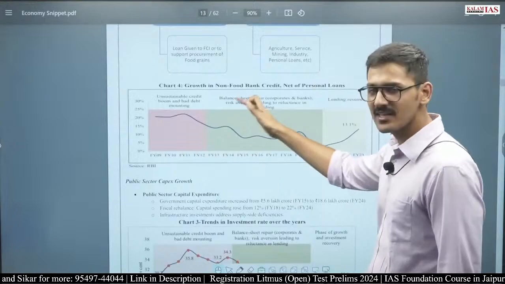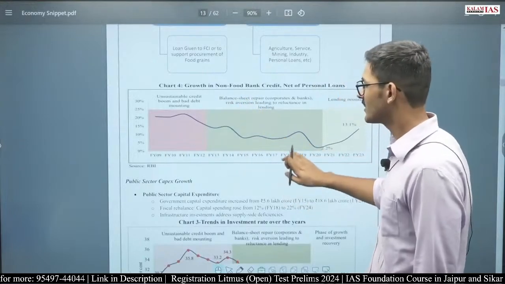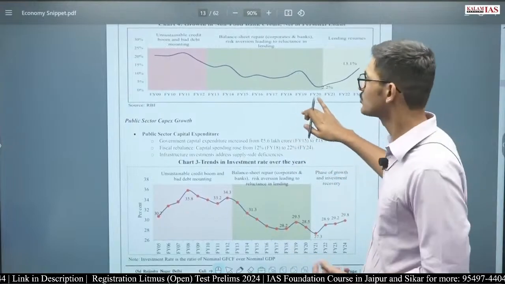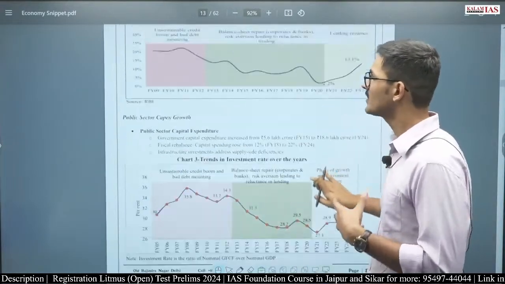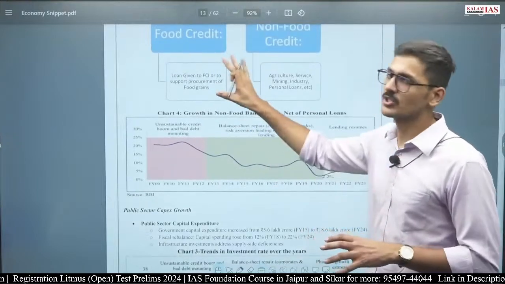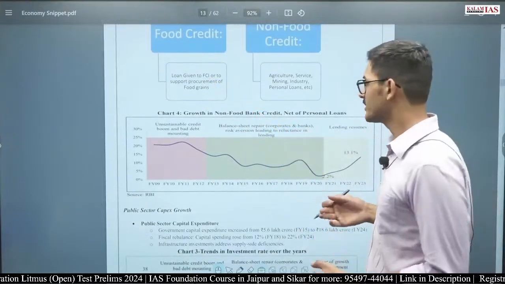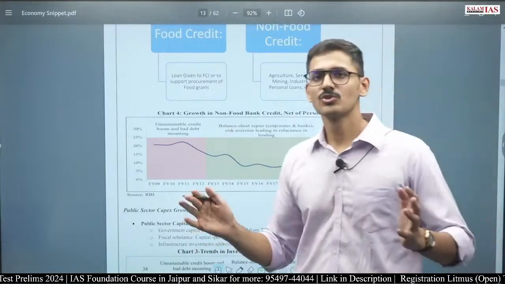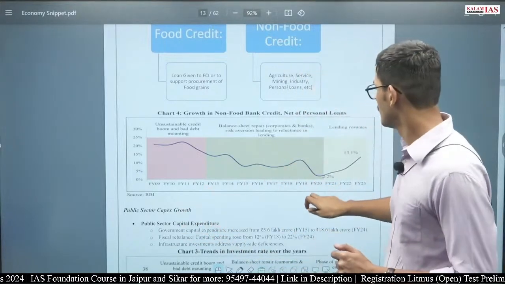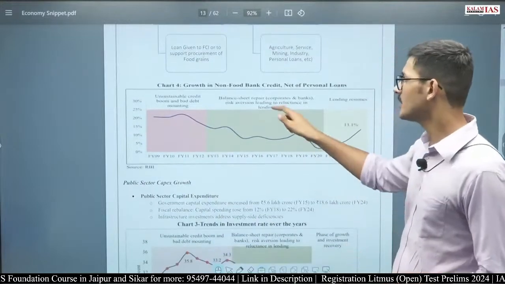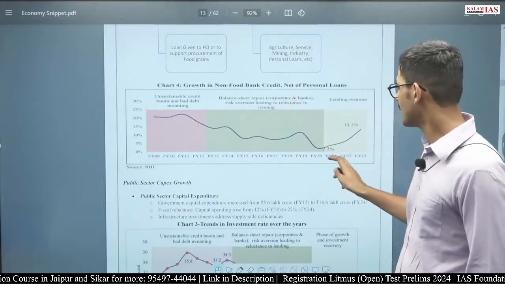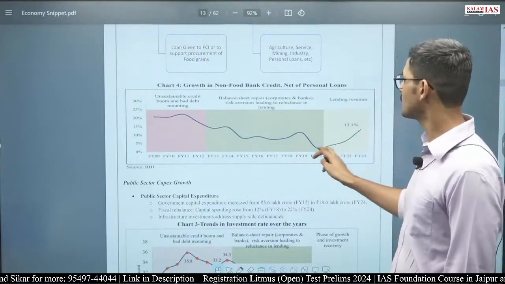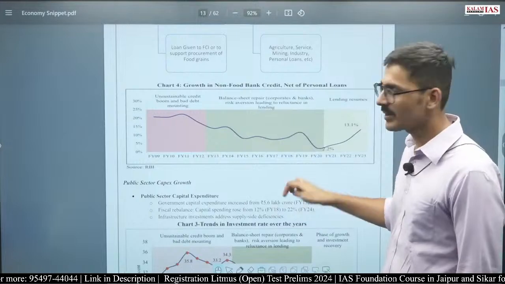Now the trends here are not very important because this term itself is not very well understood. If UPSC asks a question, it is going to ask a conceptual question on food credit and not a trend-based question. Trend-based questions are mostly asked on concepts that are well understood by the general public. But even if you want to look at it, non-food credit growth has been increasing after financial year 20. For the past 3 years it has been increasing. Before that, it was going up and down.